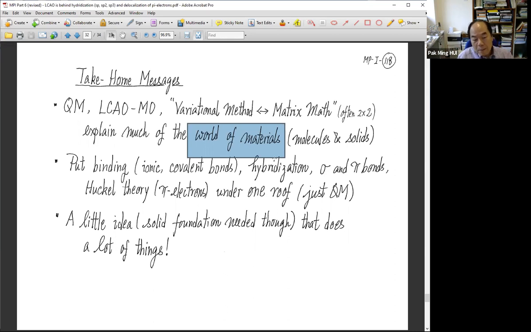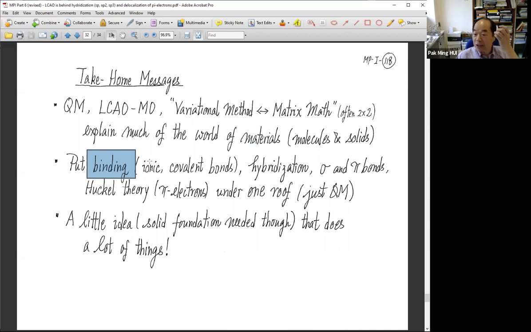Even nowadays, many people are trying to use quantum mechanics to understand biomolecules, the molecules of life. But those are very big ones that are very hard to do much quantum mechanics calculation on. We know the equation, we can't solve it, okay? But people are using bigger and bigger computing power to try to understand biomolecules these days. And then we also are able to put the binding of things together. We don't need to be